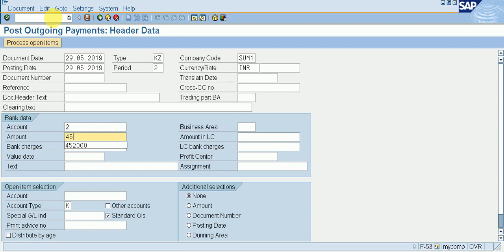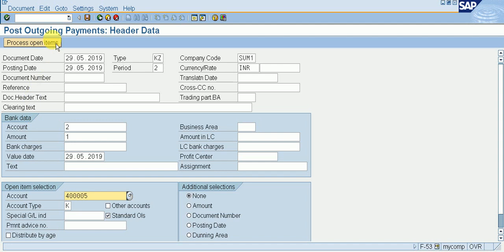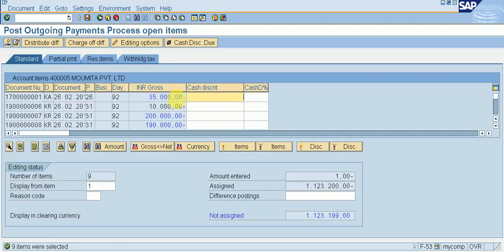Amount, I am not giving an amount, I am giving one. Value date, my vendor, process open item, double click on untargeted amounts which I don't need to pay now.